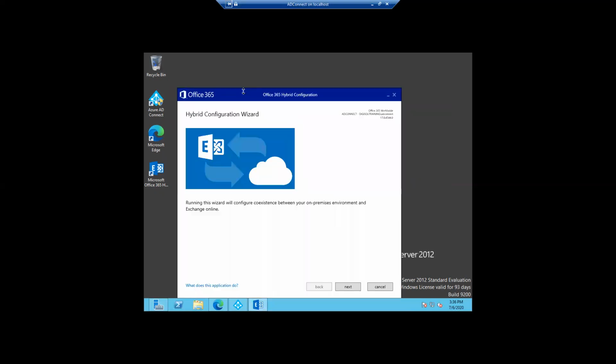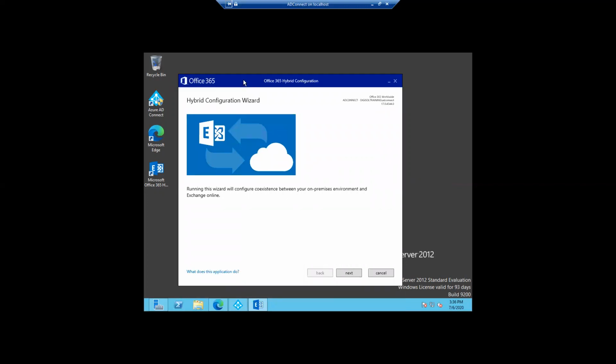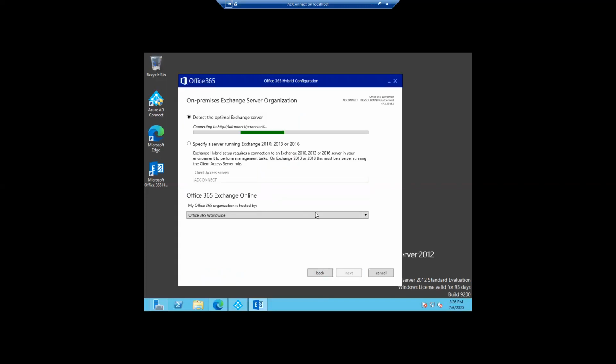This is the Office 365 hybrid configuration wizard. So I am clicking on next. This is going to configure your on-premises Exchange environment with Office 365 online.